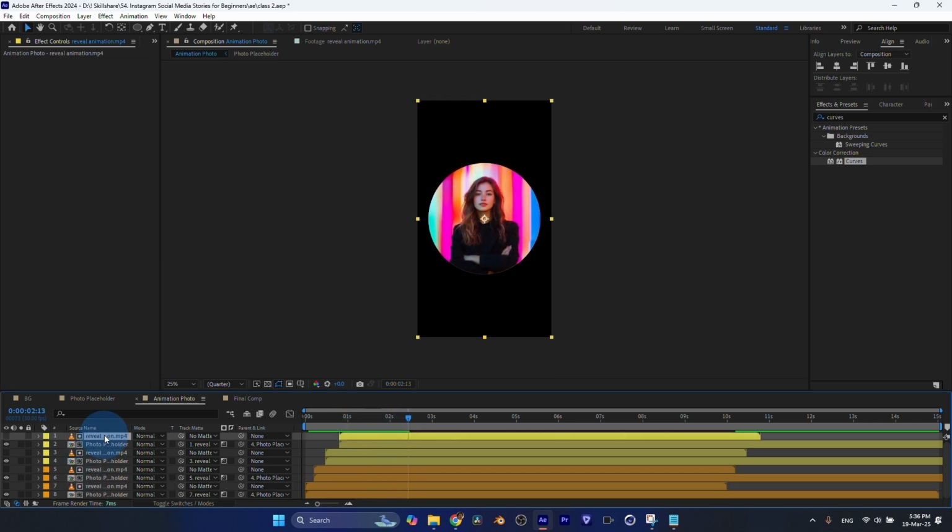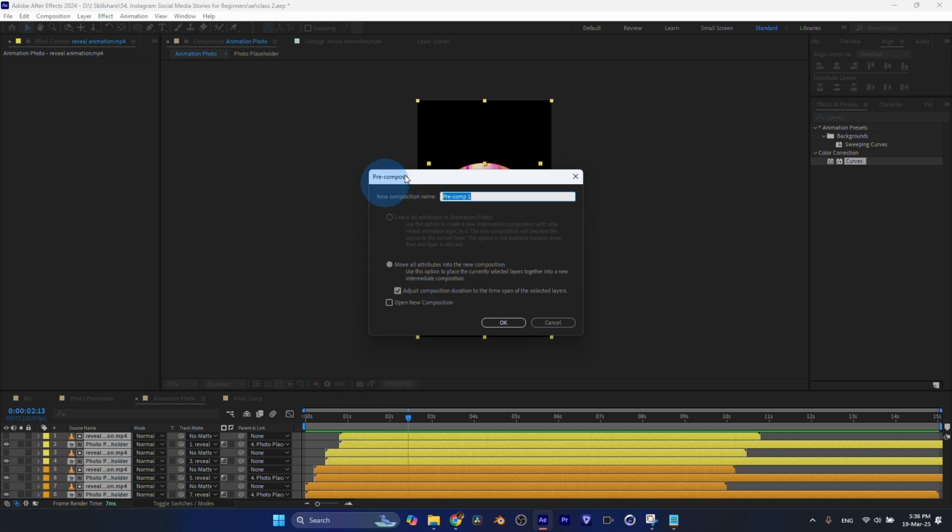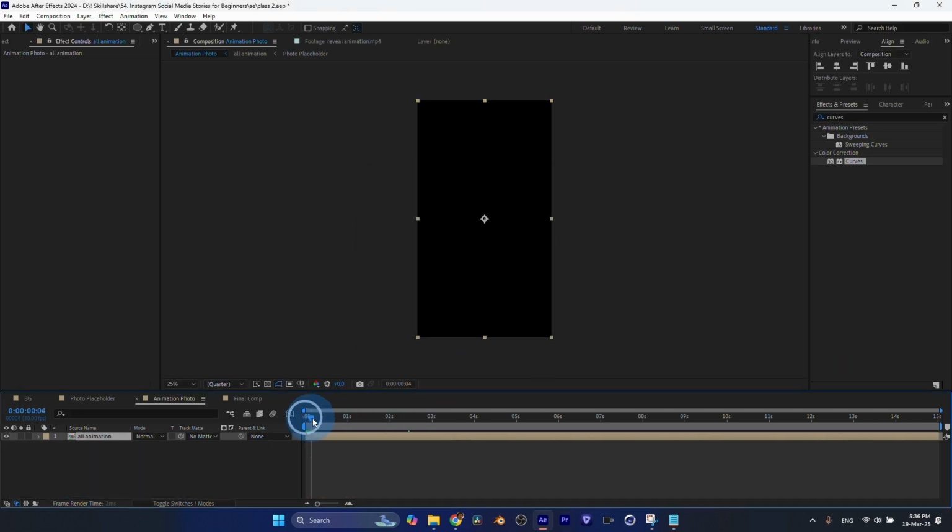So what we can do right now, we can just select all of them, just select one of them and press Ctrl A to select all of them and just press Ctrl Shift C, which basically will pre-compose. Basically it will put all of these layers into another composition. So let's call this all animation. And this composition will have all animation at once. So let's click OK. And as you can see, we have all animation as one composition, which is really handy